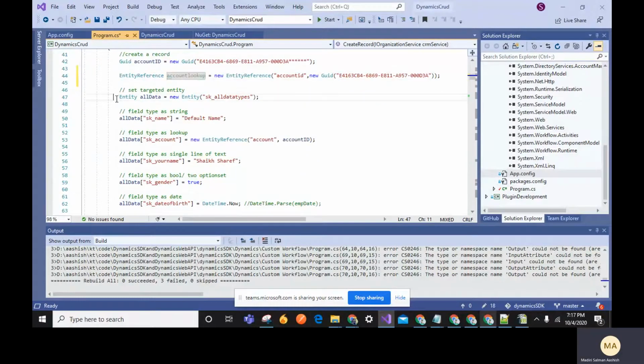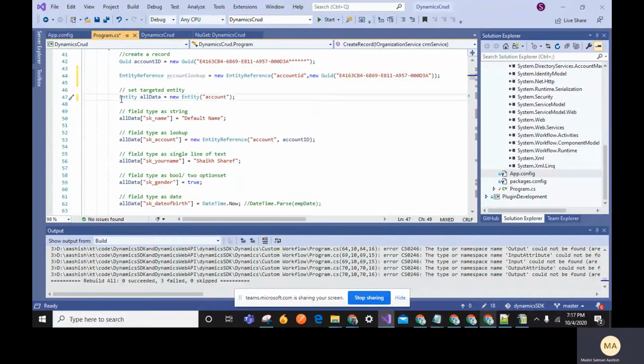Suppose I want to create an entity, and I have a table called sk underscore all data type. For example, I am creating a record in the account entity.